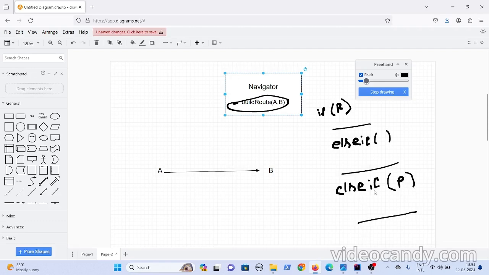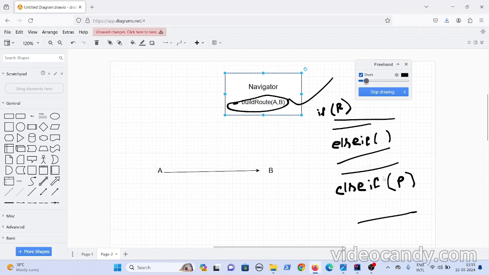Likewise it goes on. As the requirements keep coming and you build routes for more modes of transportation, your build route method becomes too complicated, because you put everything here. For road transportation you added the logic, and else if it is a walk, you add logic here.